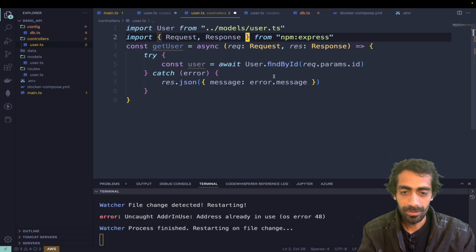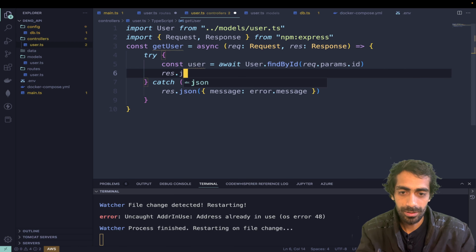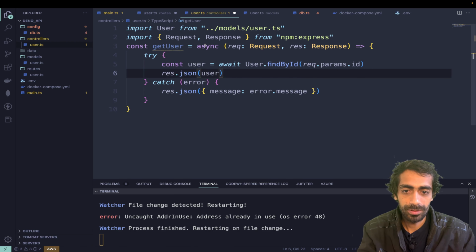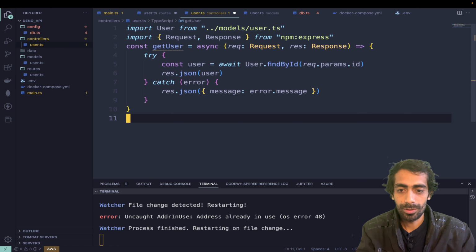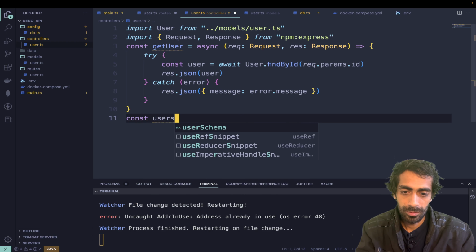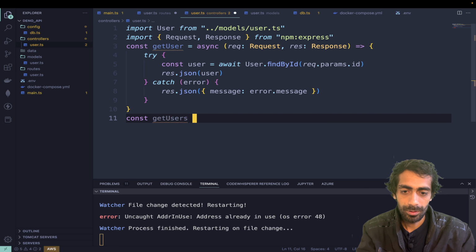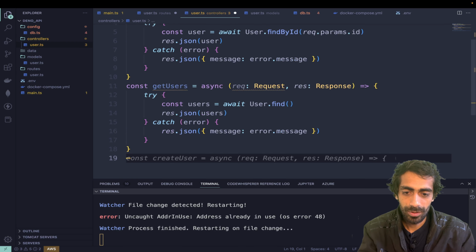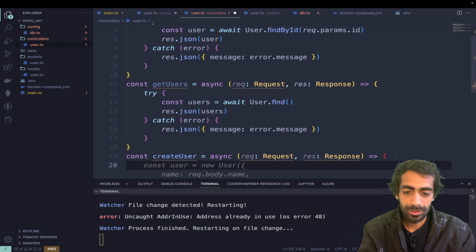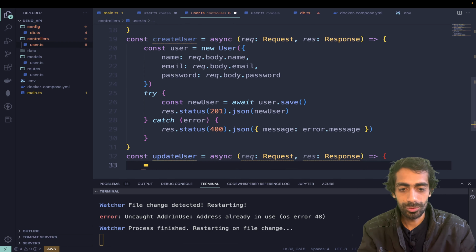So Alt Shift F, and here we go. Now I'll return this response res.json, user. So this is it, and now similarly I'll be creating const users, get users. Okay, looks good. Request, response, try catch, find, create user, create new user, like that, and then update user